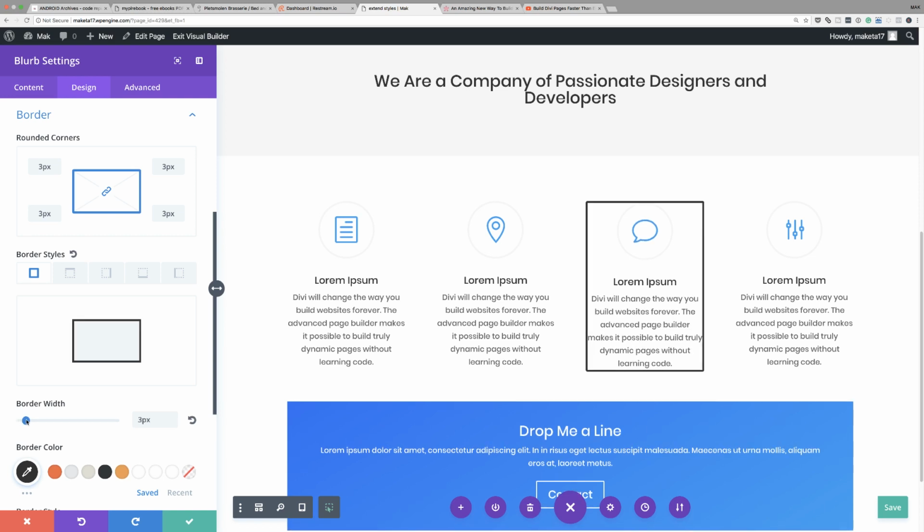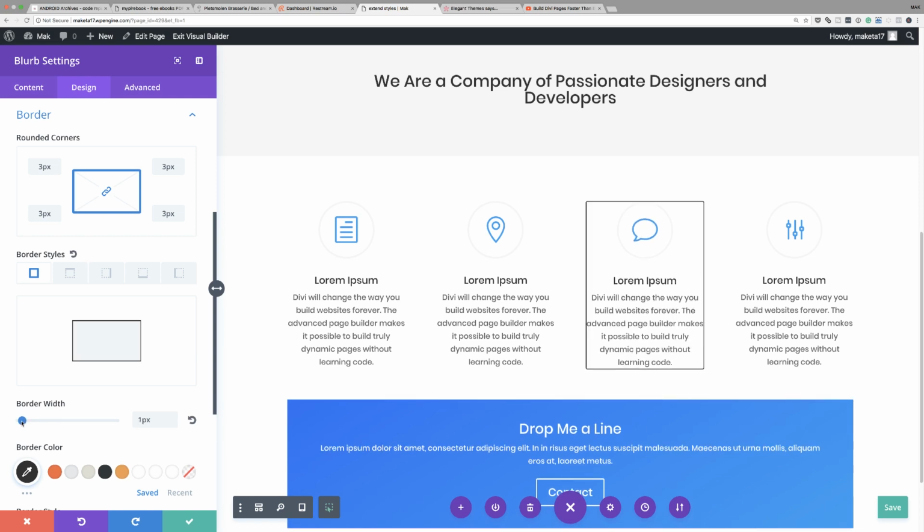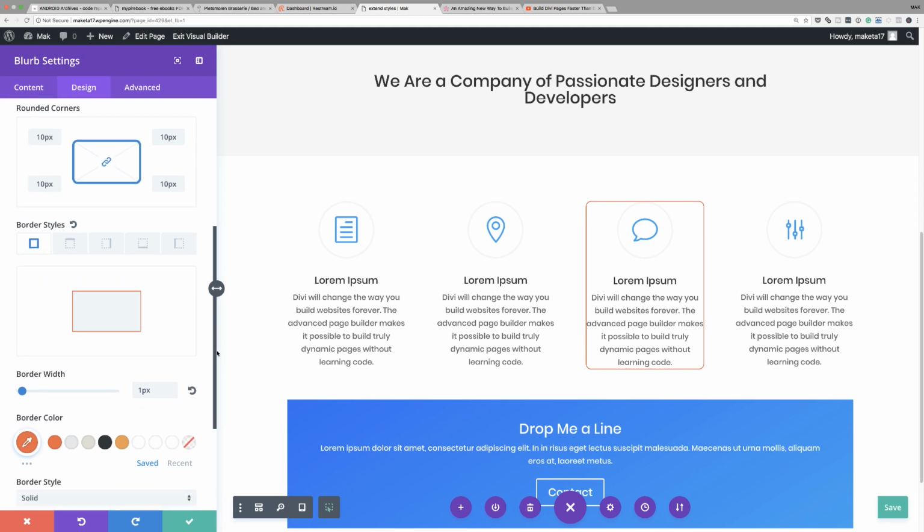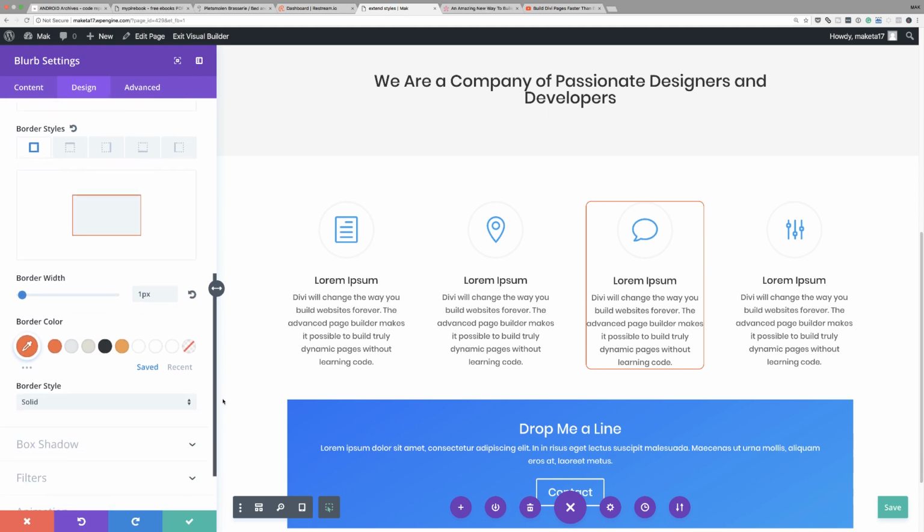Let's give this a border width. Okay. So let's increase this a little bit. Okay. So I'm just going to style this, nice and slow so you can see what I'm doing. So now that we have that, we may also want to, let's say, add some